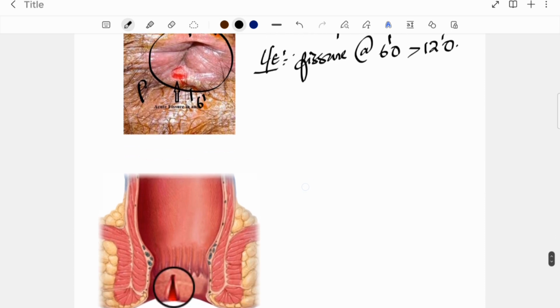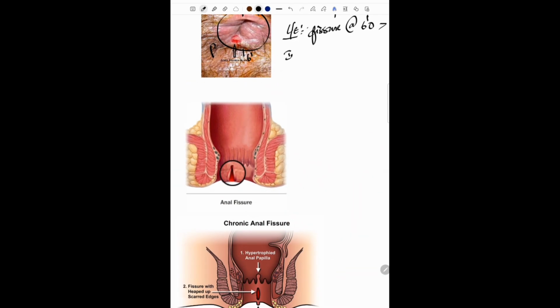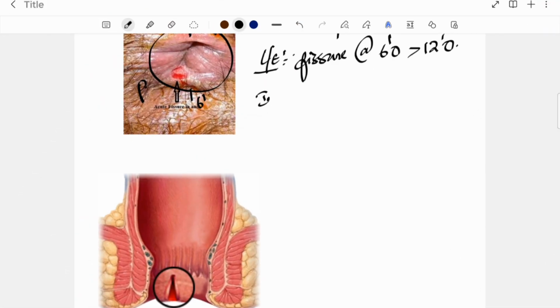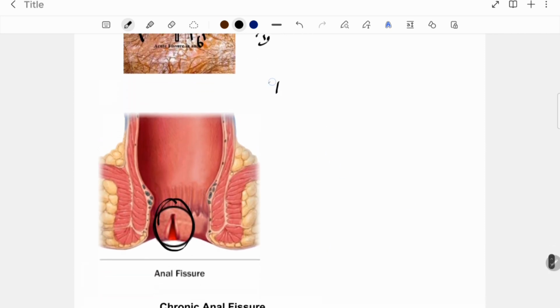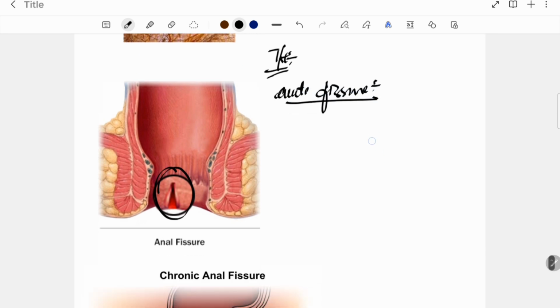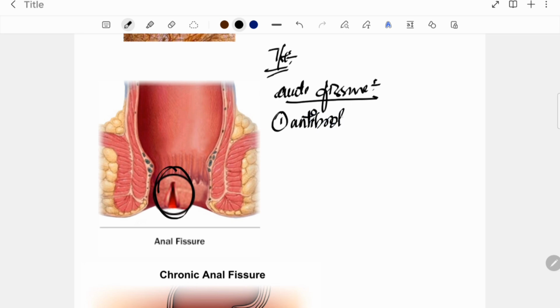Next, other investigations. Treatment for the acute fissure: this is the acute fissure. The treatment for the acute fissure is conservative. We have to give antibiotics and analgesics,